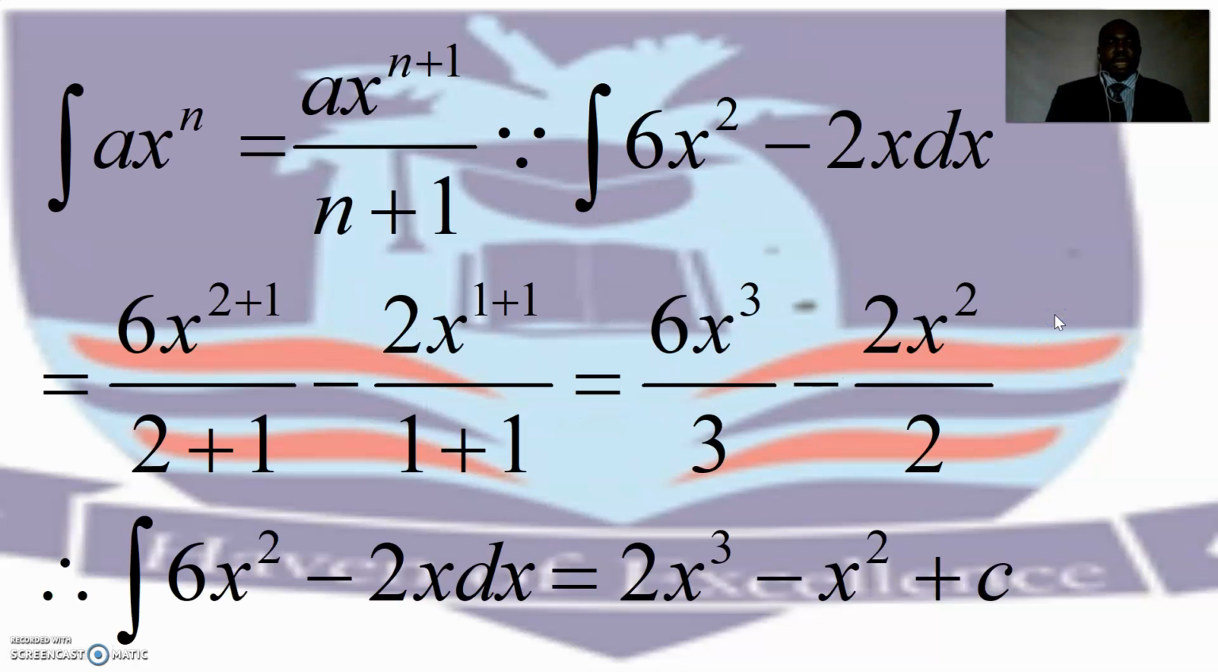Of course, remembering our formula, the integral of ax raised to power n is ax raised to power n plus 1, all over n plus 1. So the integral of 6x squared minus 2x dx, of course, this is the notation of integration, and we always put the dx at the end of the statement. So this is going to be integrating 6x squared separately and integrating 2x separately, the dx indicating that we are integrating with respect to x,